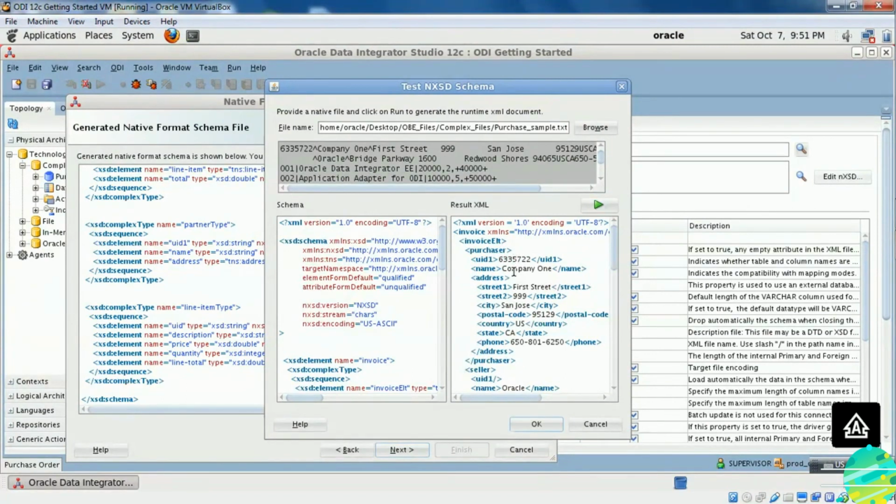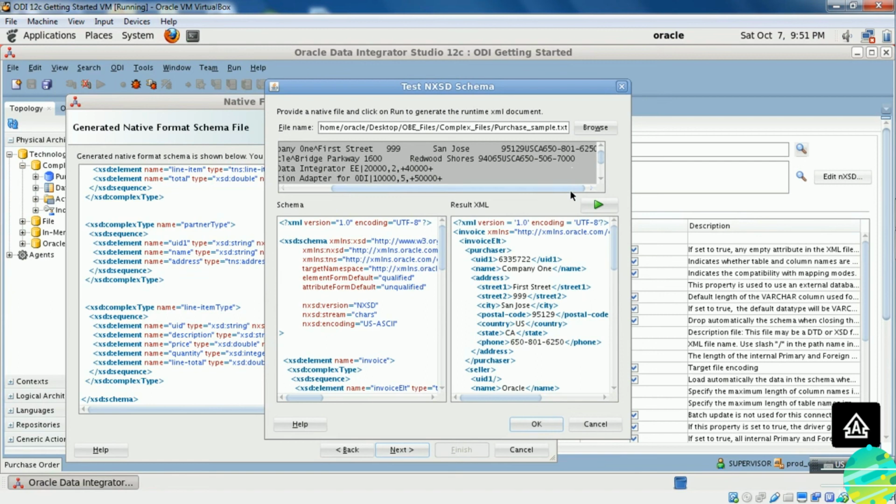Review this file and understand how ODI passed the data based on the structure you defined, and it has created XML tags for each data element in the file. Those tags are arranged in hierarchical format as you have defined in the XST file structure.